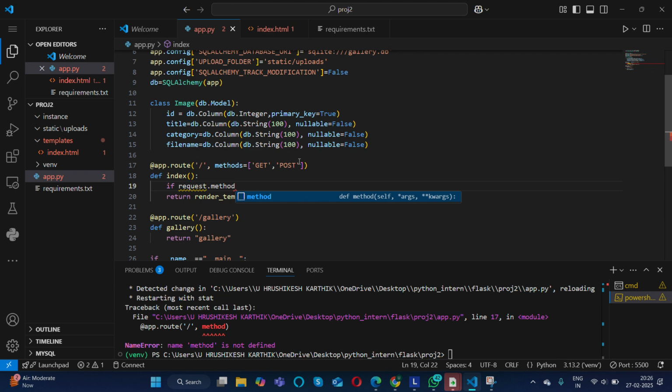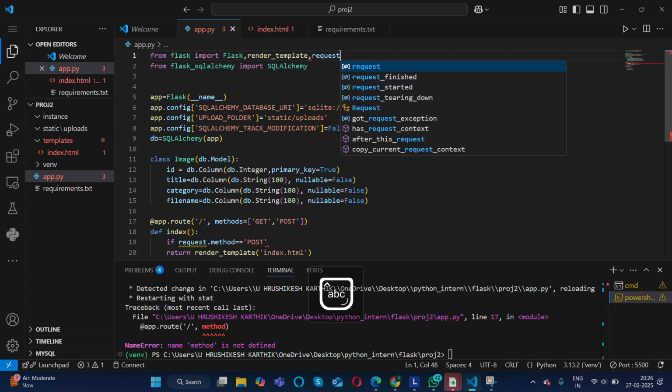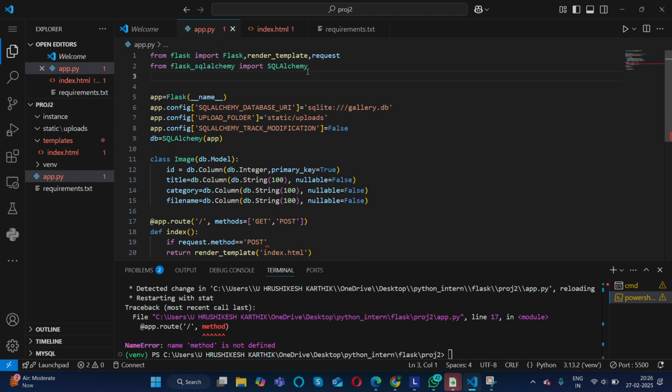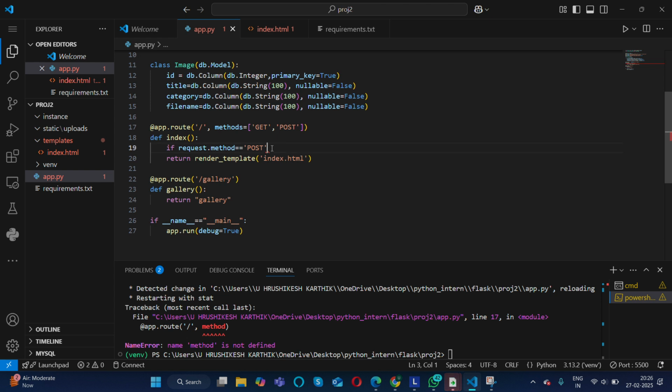So here I took two methods, get and post. If the request method is post only, then it should accept the image. Otherwise, it should not. You should also import request. You need not import everything at the start; depending on your requirements, you can import it later also, just like how I'm doing it.